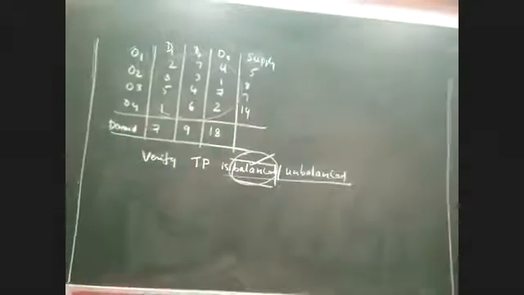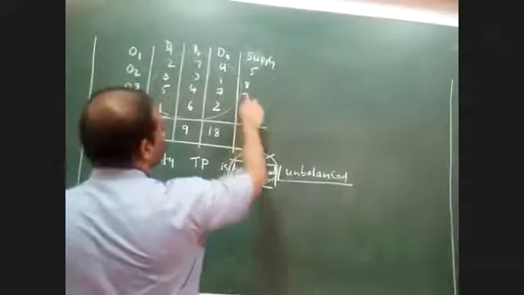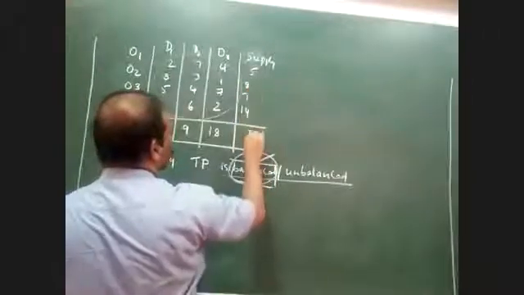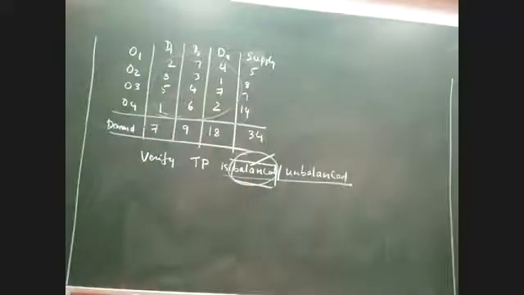Can you please total the supply values and tell me how much you get? 34. So 14, 26, 34. Can you please find the total of demand? How much do you get? 34. Okay. So now it is clear that the total of supply is equal to the total of demand. So what do you understand from this step now? Can I call this problem a balanced problem or an unbalanced problem? Balanced. Because the total supply happens to be equal to the total demand.